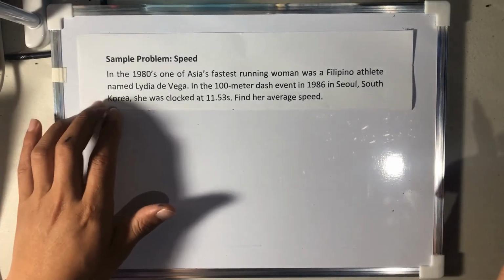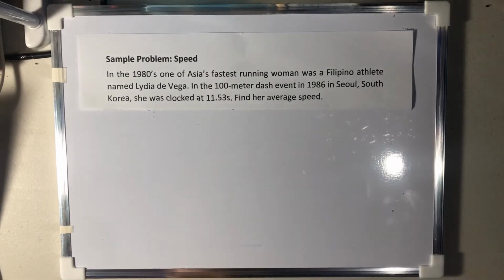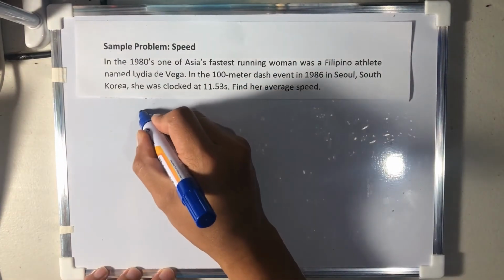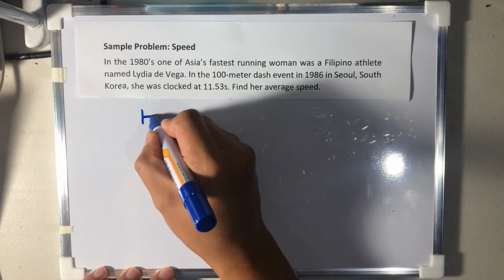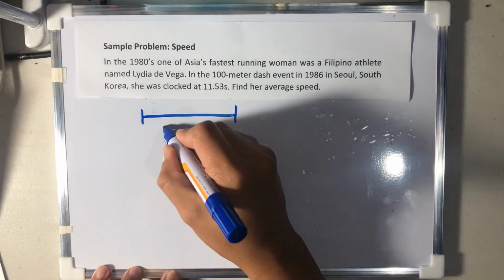Moving on to a sample problem under speed. In the 1980s, one of Asia's fastest running women was a Filipino athlete named Lydia De Vega. In the 100-meter dash event in 1986 in Seoul, South Korea, she was clocked at 11.53 seconds. Find her average speed. In solving physics problems, we can always use an illustration to better comprehend it. In this problem, we know that this is a race, so there is the starting point and then the end point. This event is a 100-meter dash,